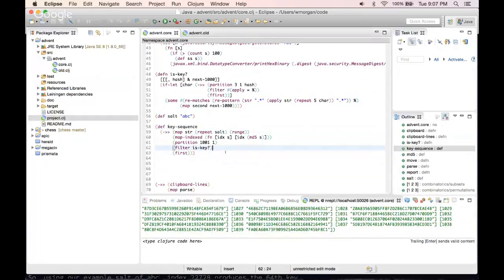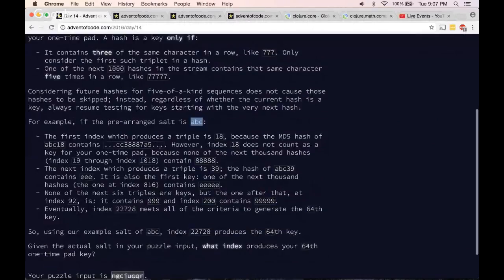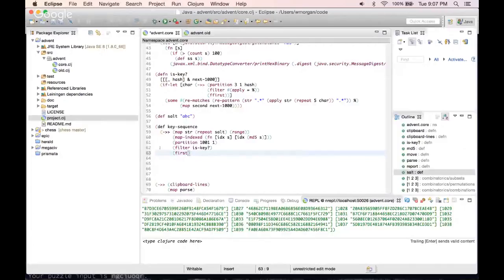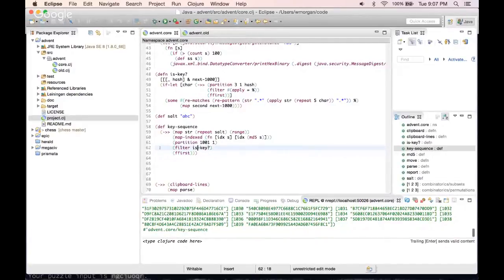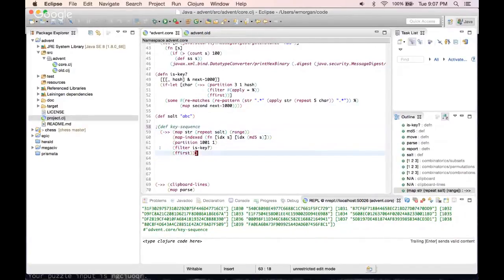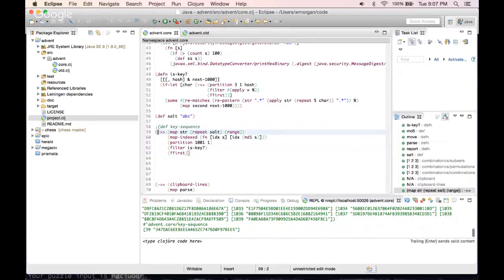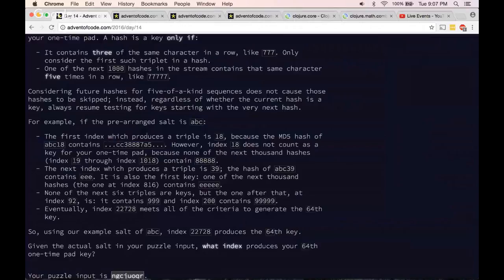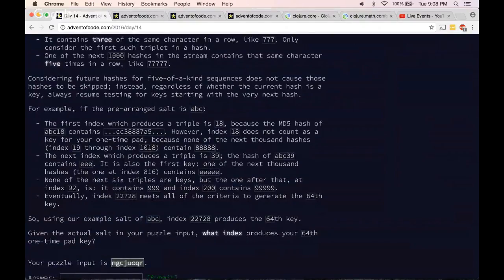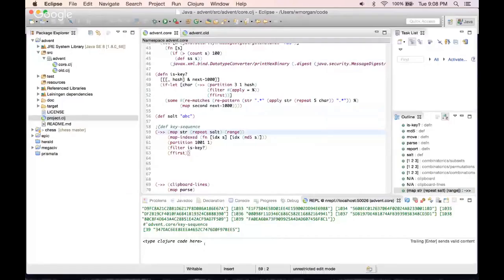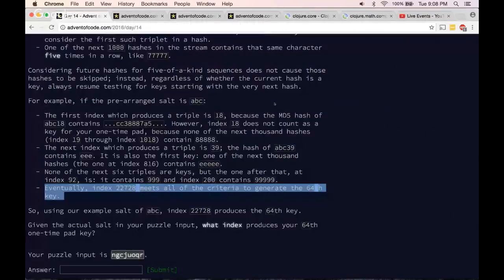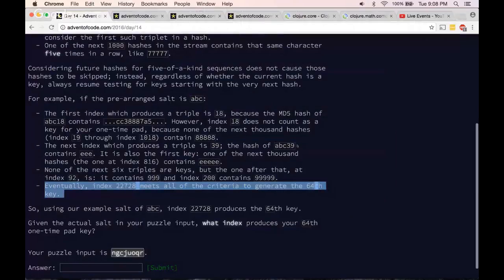Okay, apparently is key is returning, let's see. I want just the like this. And this thing here, it says 39. First index, because the MD5 ABC 18 contains this. The next index, eventually this index meets all of the criteria. All right, so I'm, nope, okay, oh,